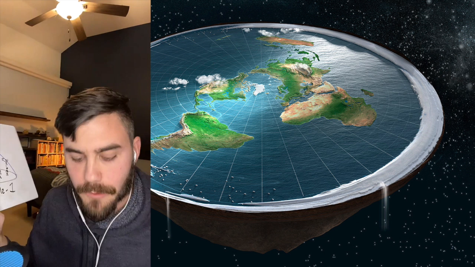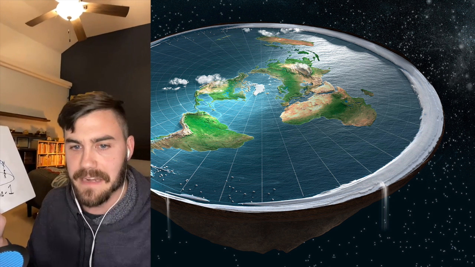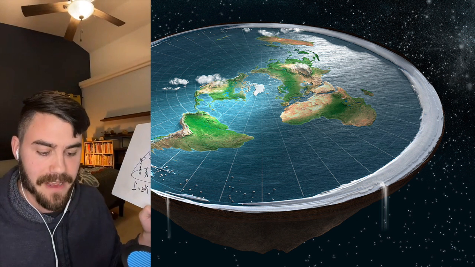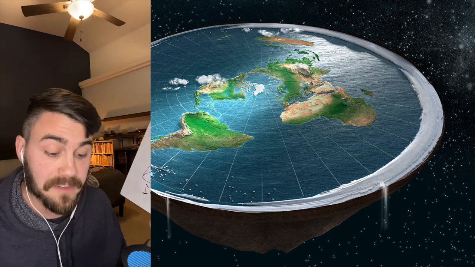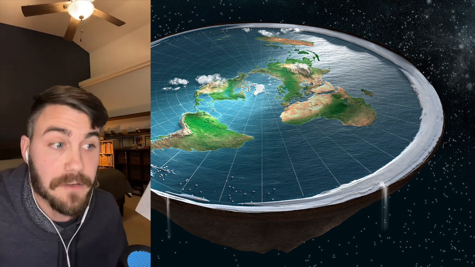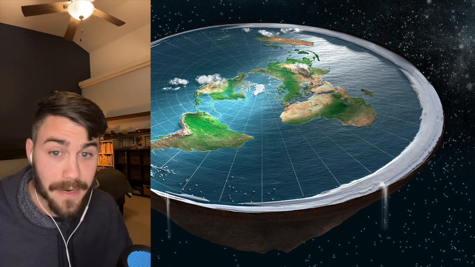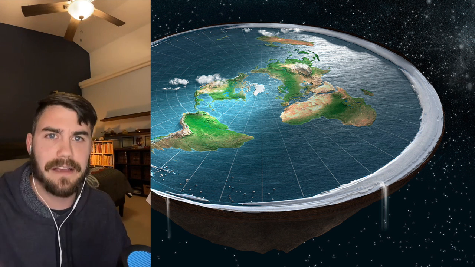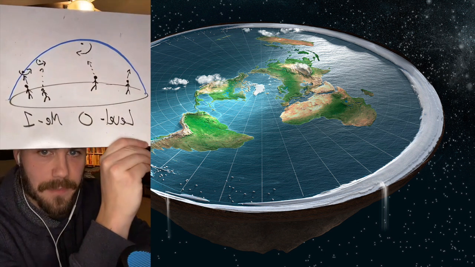What does the statement, can you show me 8 inches per mile squared, mean? I don't know. It came from a flat earth claim. I would have to build something of a known distance, have somebody go very, very far away, observe that thing, and then see how much of it is obscured. That's how I could show it. Did he really want me to do that right now? I have no idea what he wanted.